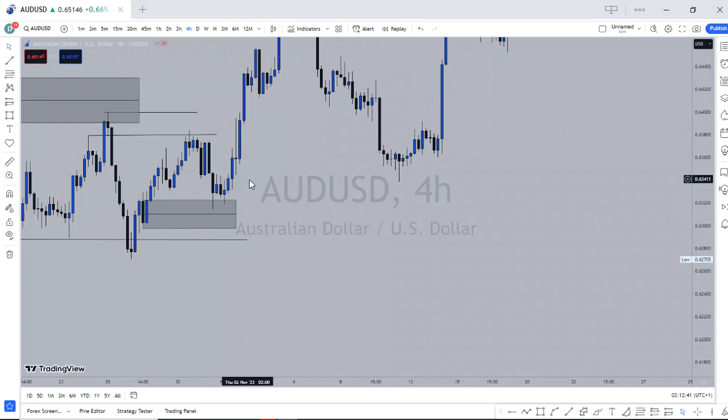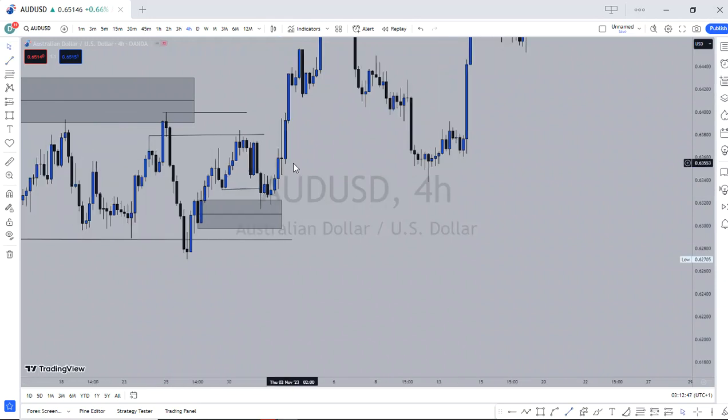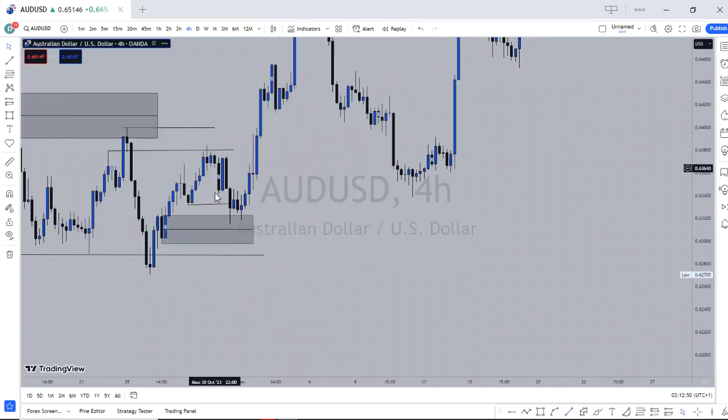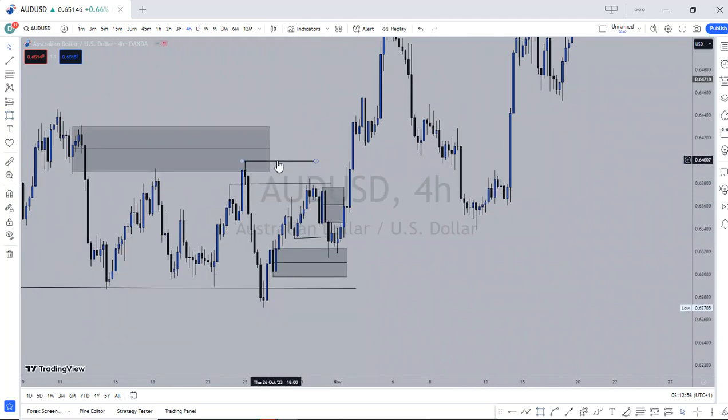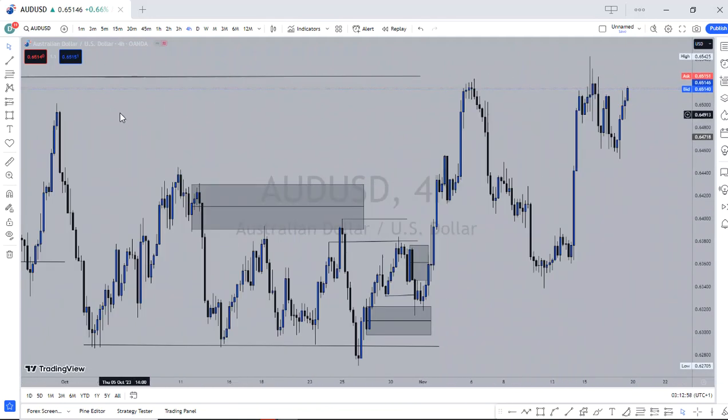But the confirmation I had right here was that it did a hunt. Alright, so it did a stop hunt plus what? A violation of supply. This right here is a bearish order block that was violated. So we are now having a change of character, and finally we have a break of market structure.